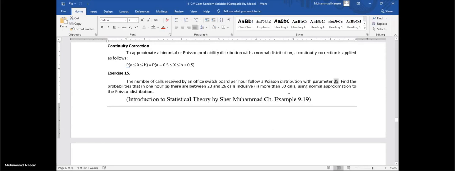So quickly draw the diagram. Highlight the mean value 25 and mention these points 23 and 26. Expand this range and according to the new range find the corresponding areas. Finally, the area from 23 to 26: if these points are one on each side, then we add the tabulated areas. If both points are in the same half, then we subtract the smaller area from the larger. It depends upon the situation.